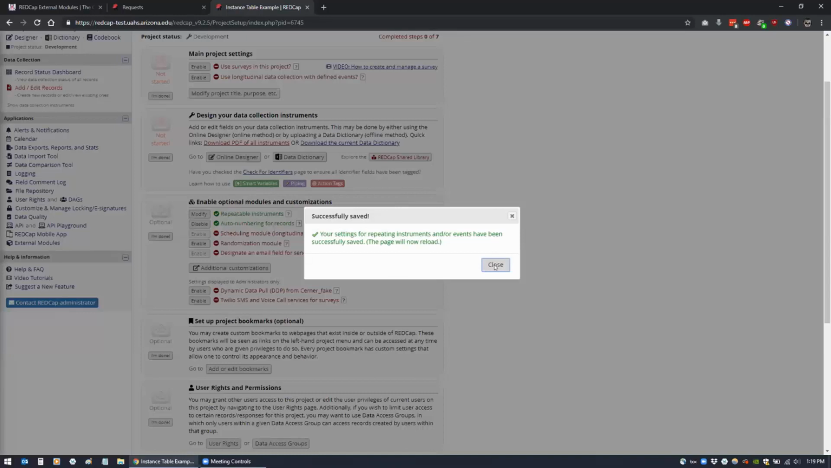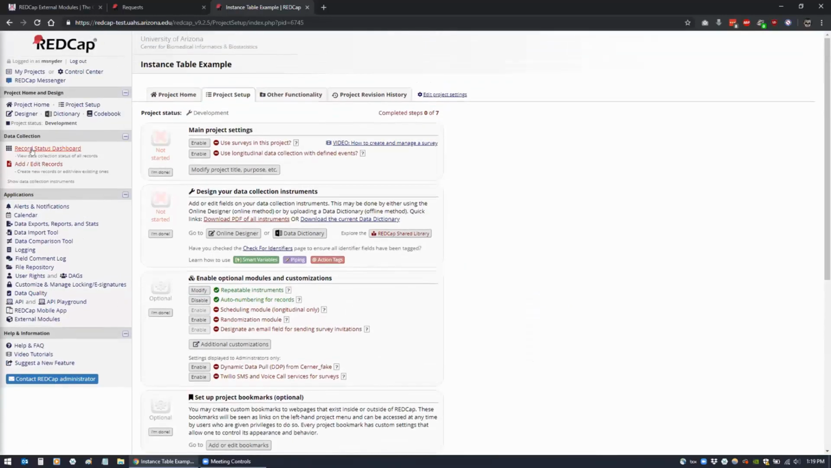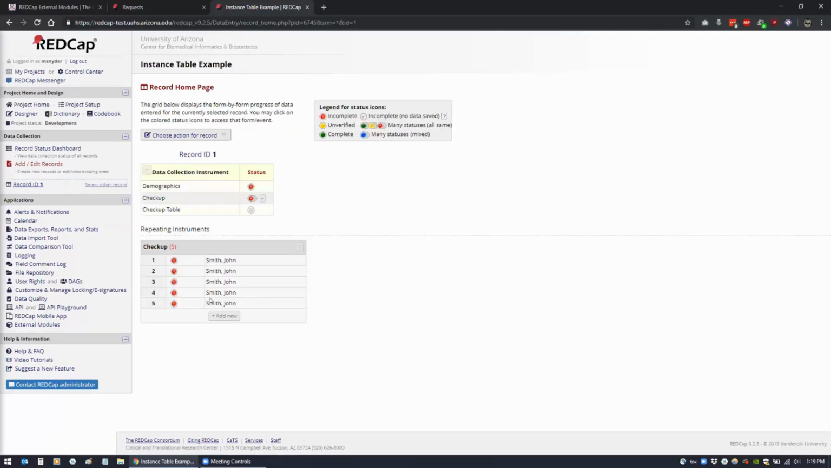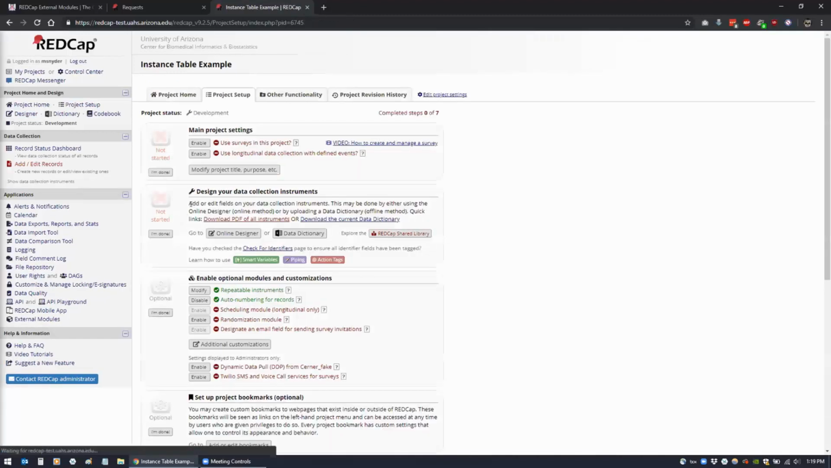So once I save this, it's going to refresh, and then when I go back to my record status dashboard, I can click on here to open up the instances, and you can see here they're all John Smith. So that doesn't really help, but that's how you would set the label for those instances. So if I go back to my project setup, and I forgot the name of that field,